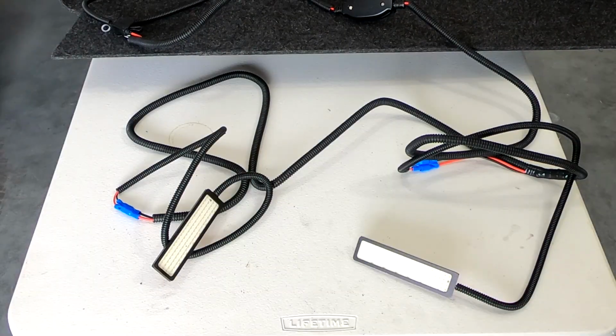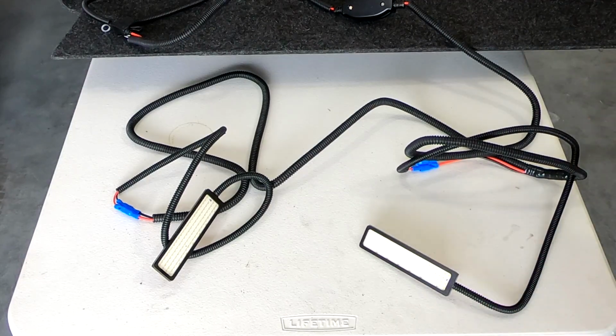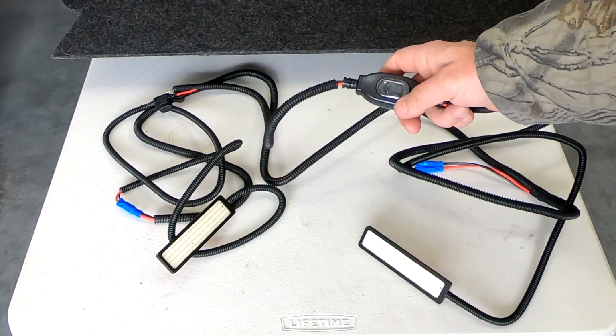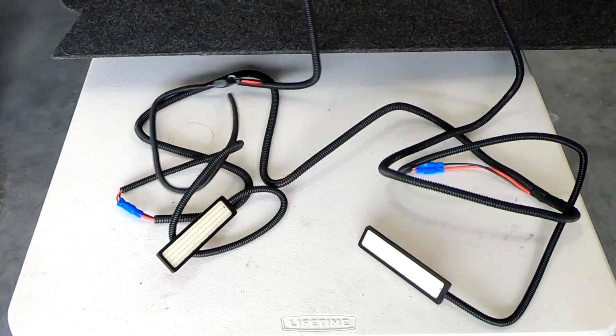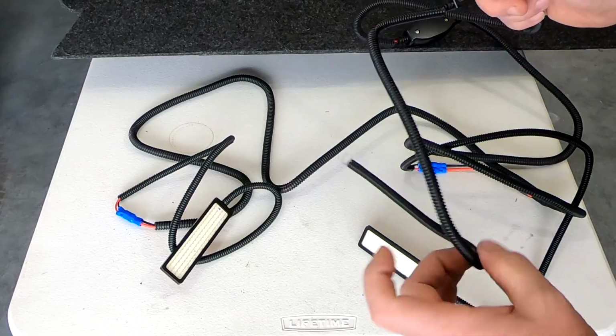So this is the light kit. I just took it out of the box. It was packaged really well. I had to destroy the box to get it open, but it's pretty simple. You've got your two LEDs right here. Everything's already connected, hooked together. It has a really nice sealed switch to turn it on and off. It's fused, and